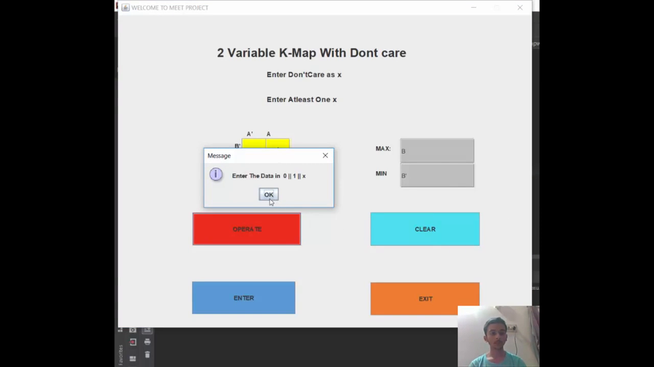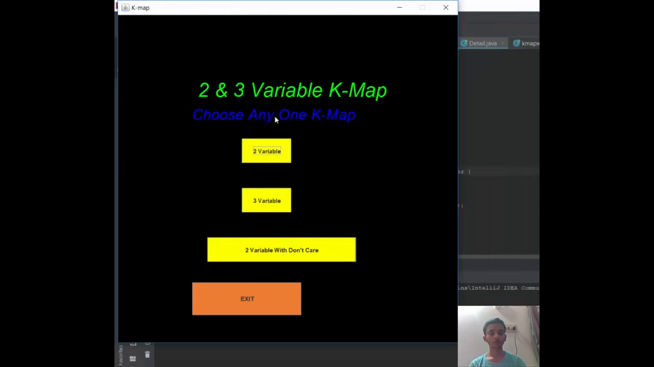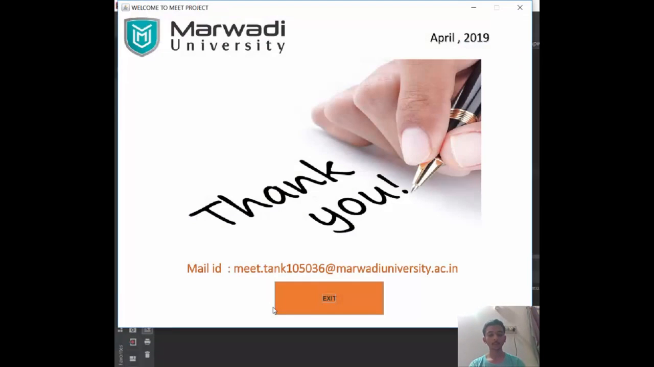you can see the pop-up menu. Here is the answer of 1, which is basically B bar and B of these values. Now by clicking on enter, you can proceed to the driving menu. Now by clicking on exit, you can proceed to the last frame, which is basically the thank you frame,